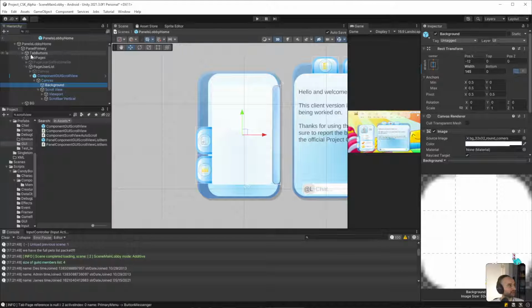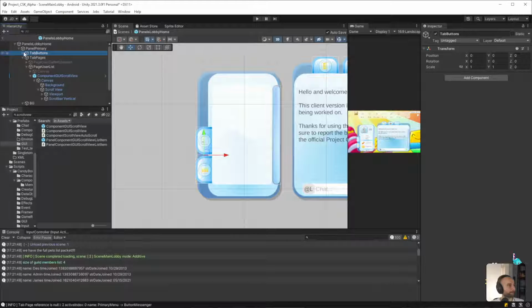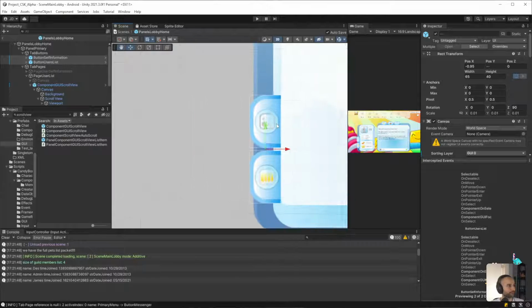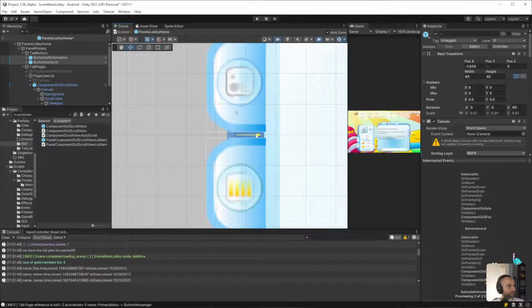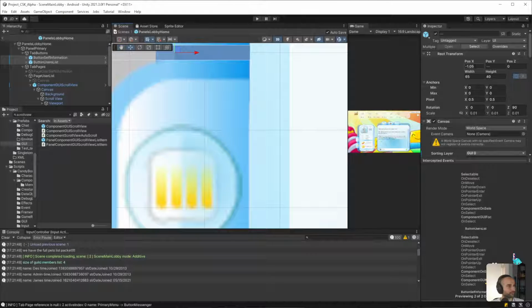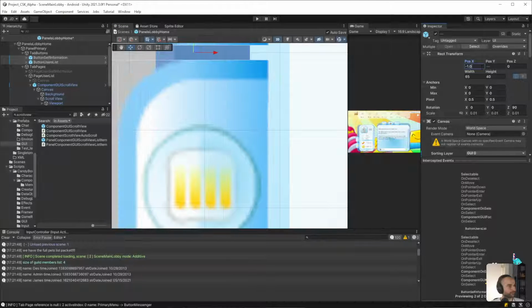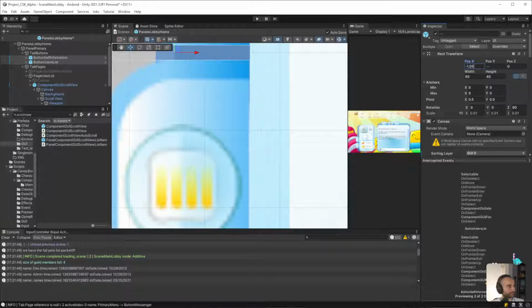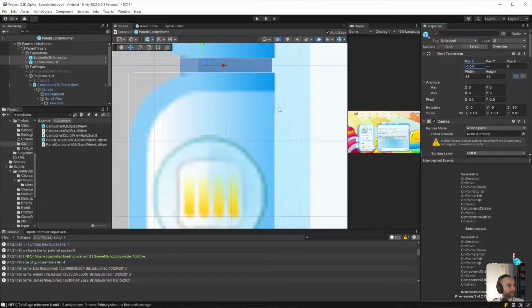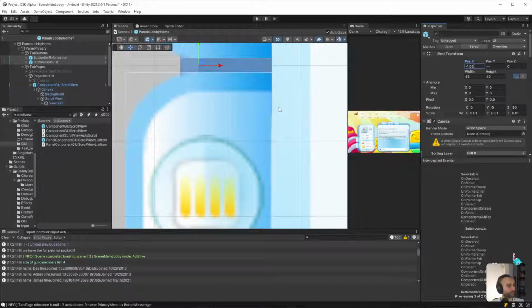Okay, let's move those buttons into the correct position. Okay, so that's off by a tiny bit. Nope.